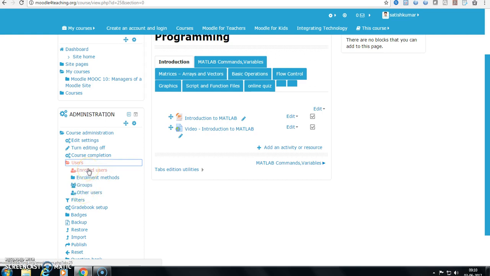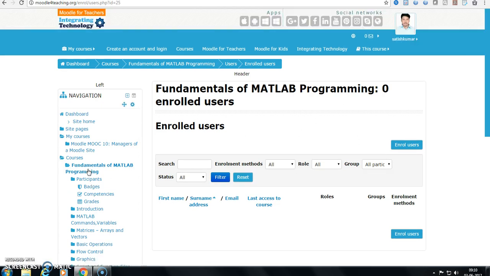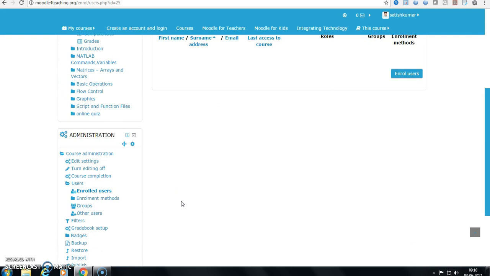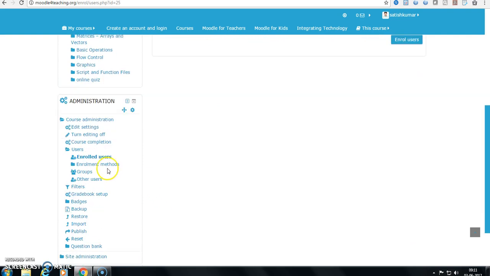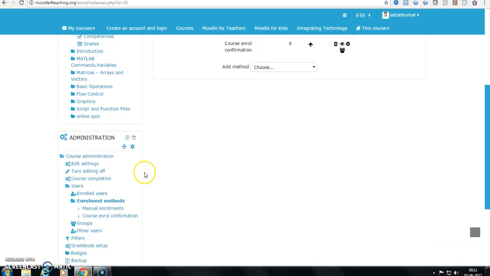First, I am clicking enrolled users. Since this is a new course which I created last day, there are no enrolled users, so I have to enroll first. On the Moodle site there are some methods to enroll users.